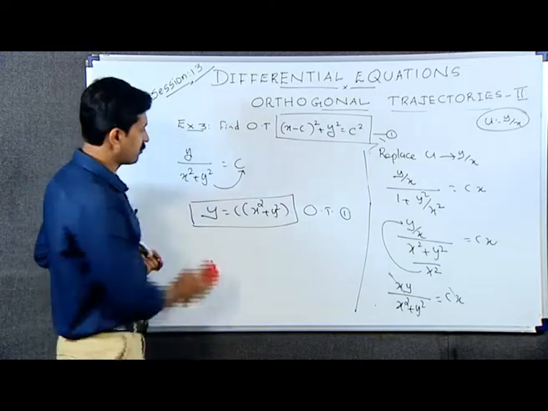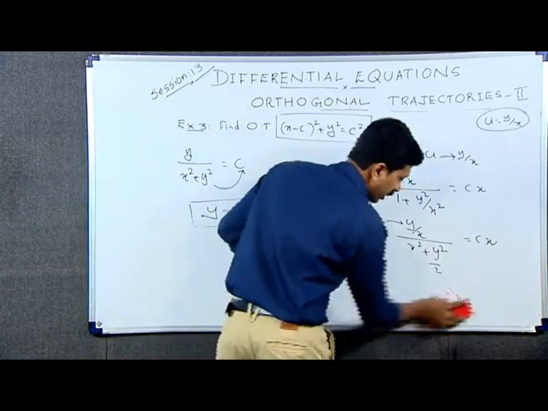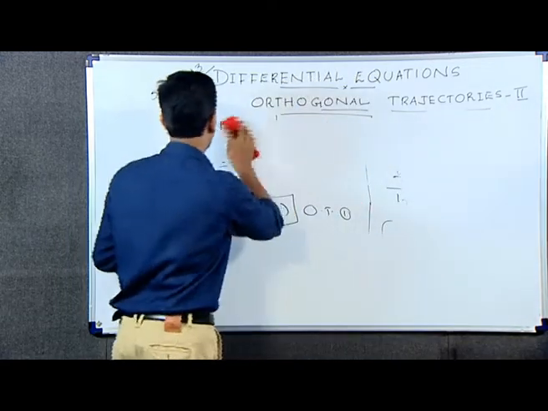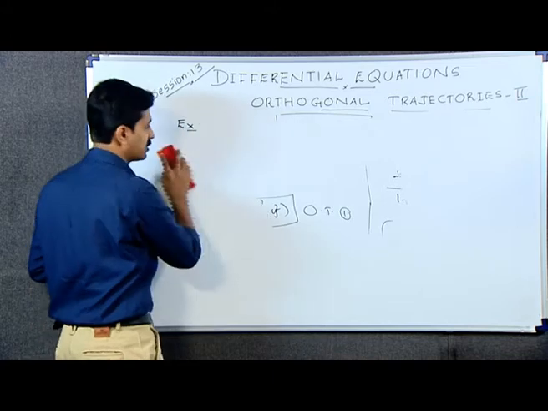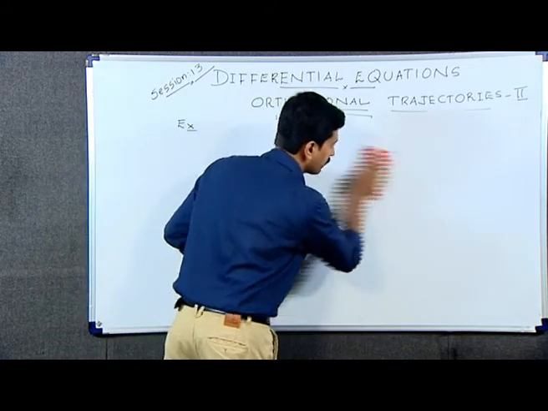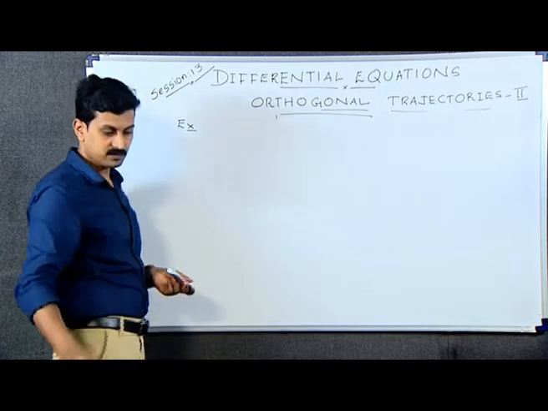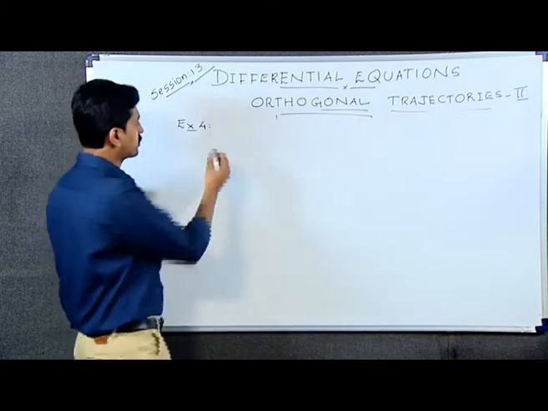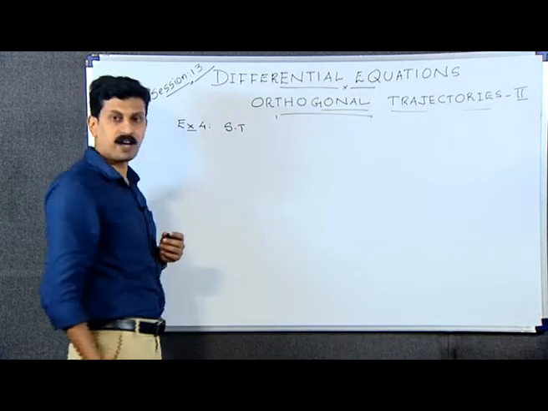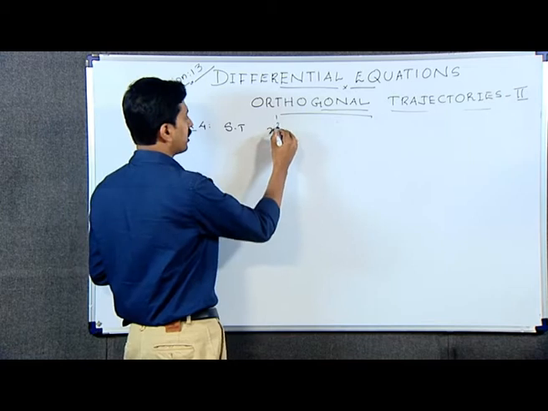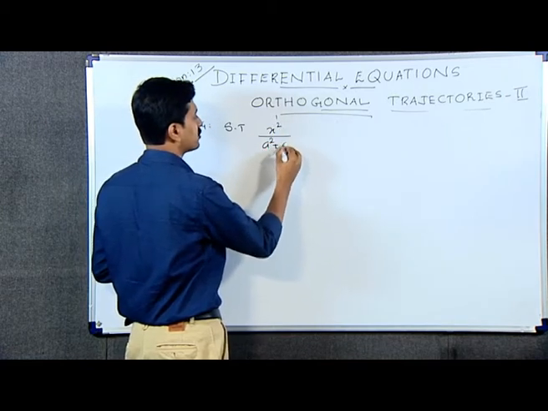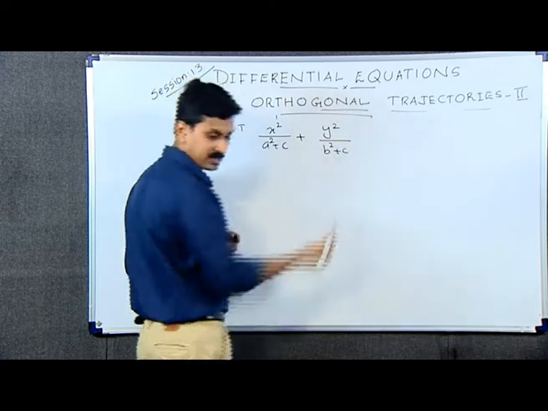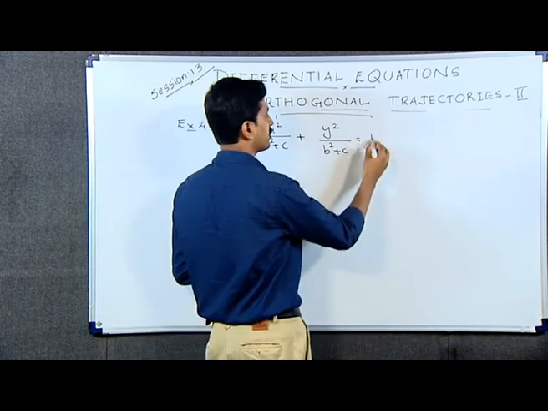See, there are many examples we can solve to find orthogonal trajectories. Next we will move to another example, a very nice example to discuss, the orthogonal trajectory of a family of ellipses. I am moving to the next example, example 4. Show that the family of ellipses x square divided by a square plus c plus y square divided by b square plus c is equal to 1 are